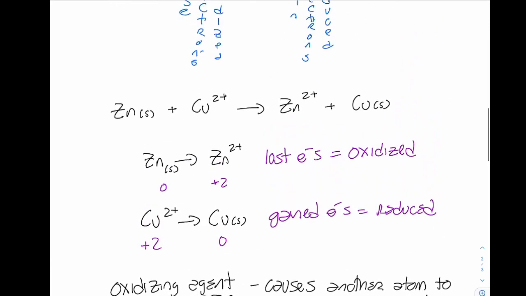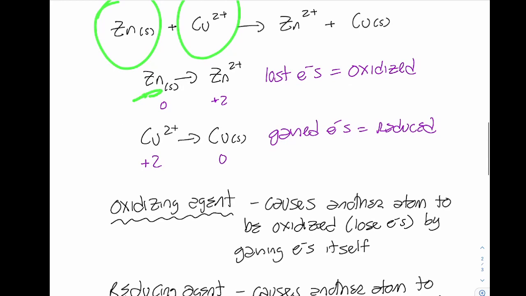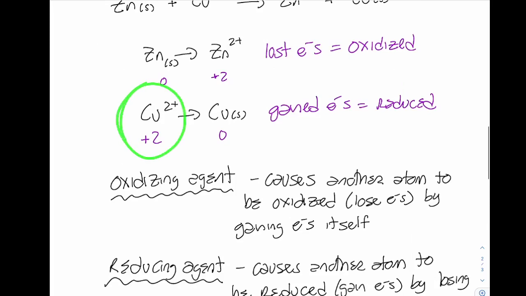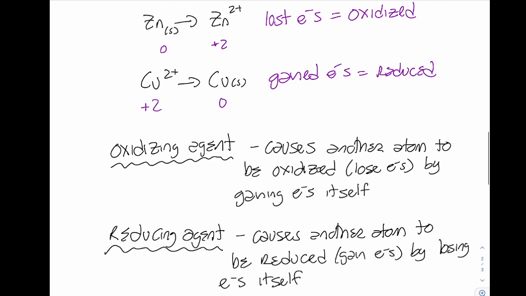And for this one, because I'm not giving us the entire compound, I'm just giving us the atoms, right? Because zinc here is what's being oxidized, zinc is going to be my reducing agent. And because copper 2 plus is what's being reduced, it's going to be my oxidizing agent. So it's just going to be Zn and then Cu2+ for those. I'm going to write those in these examples. So my oxidizing agent, I think I might have said it backwards,